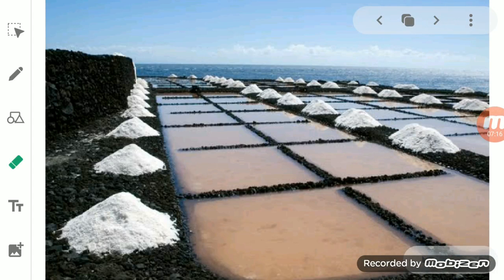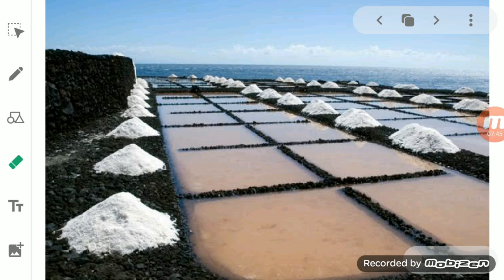It is taken in a china dish and heated gently using a burner. After that, the water present in the salt solution will form water vapor and escape into the atmosphere. And when all the water present in the solution of common salt and water has evaporated, the common salt is left behind in the china dish as a white solid.